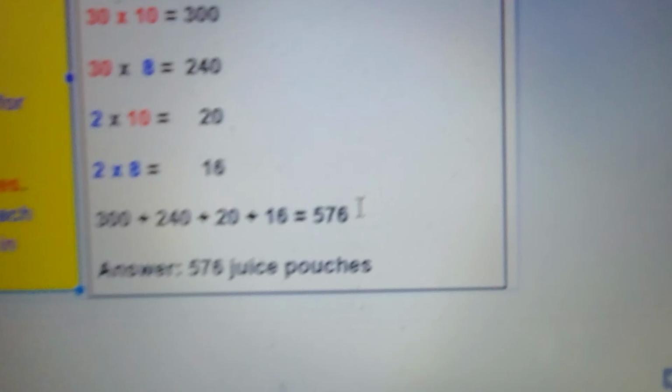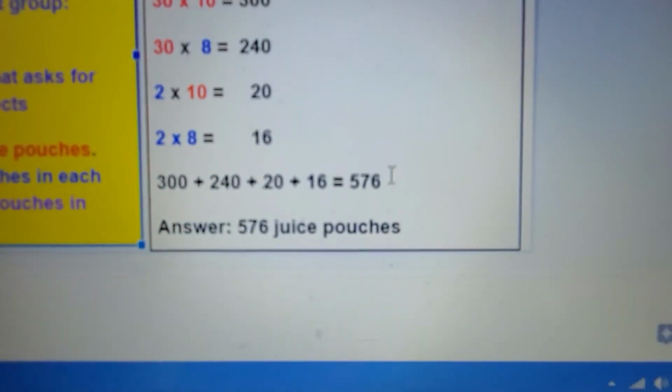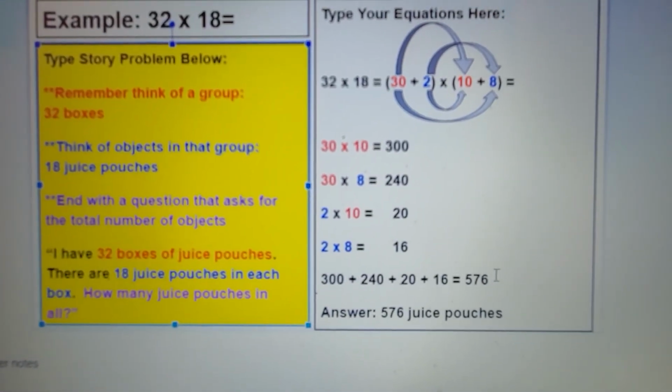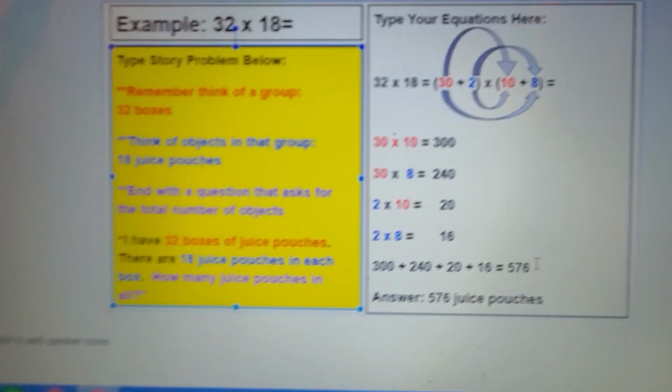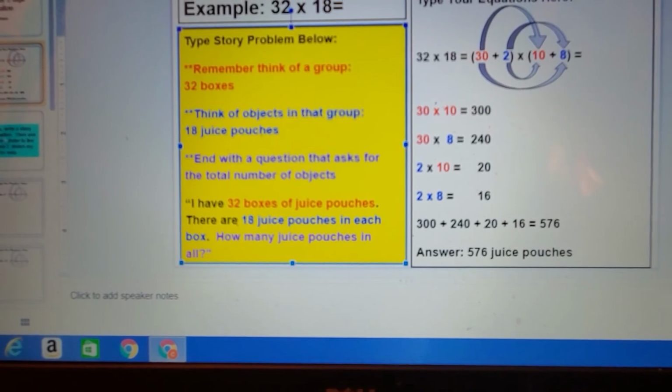And then you type your answer, 576 juice pouches. So remember to label your answer. You have to do all those steps, okay, to show your work. All right, so let's try one. And it says here on the next slide,